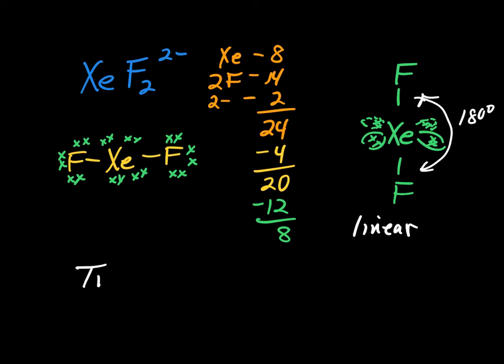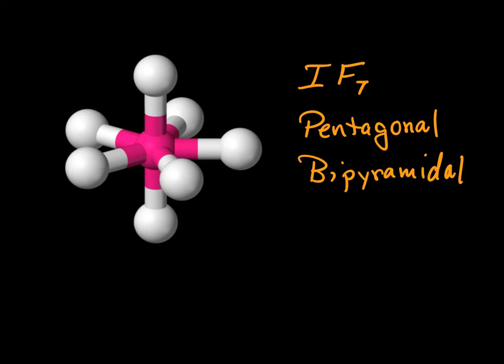Now, by tradition, we cover up to 6 regions of electron density. But that is not the limit. And I'm going to show you some examples. We're not going to have to draw them, but show you some examples of hypervalent species with central atoms with more than 6 pairs of electrons around them. So there is an iodine